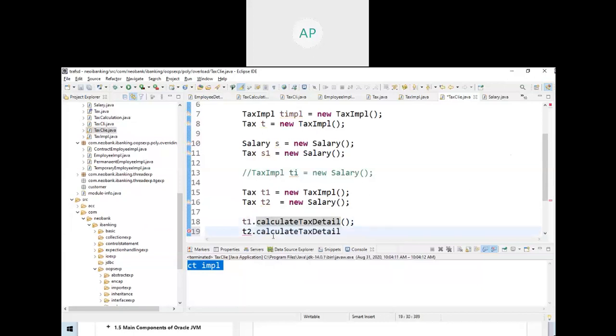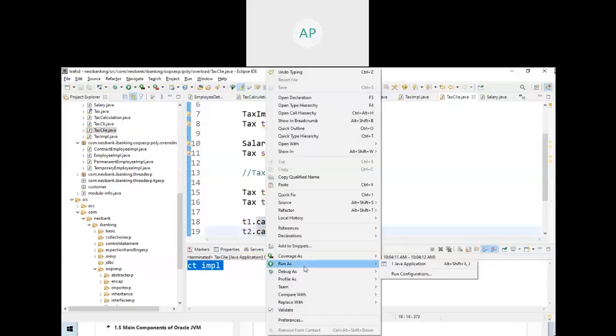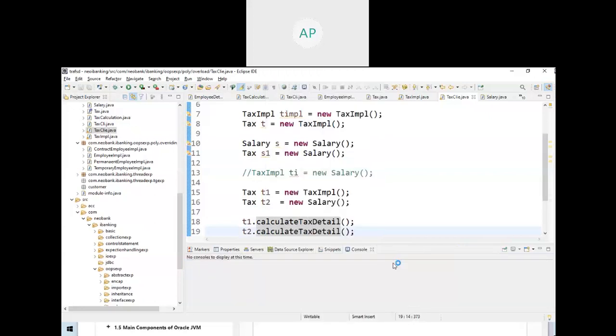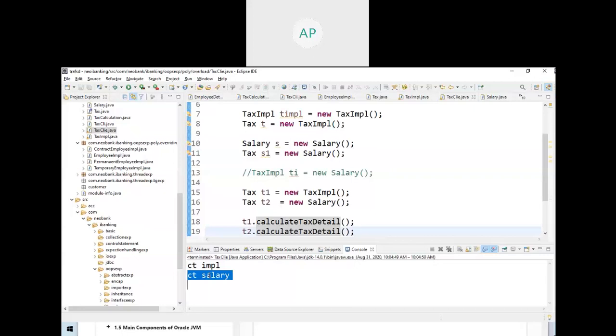T2 dot same message. Message is same. Message calculateTaxDetail. This one is pointing to the IMPL object, but the message is same. Let me run this one. See here, this is calling the method in the IMPL class. This is calling the method in the Salary class.